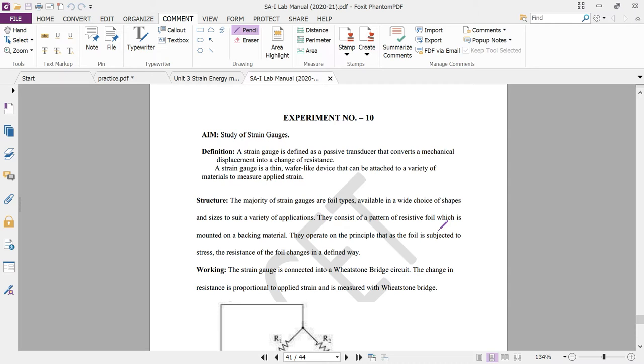I have taken this experiment before experiment number 3 as a sequence, because in many of your practicals you are going to come across various apparatus and important parts of the apparatus, that is strain gauges and dial gauges. So the knowledge of strain gauges and various mechanical devices you must understand before applying for your practicals. That's why I have considered experiment number 10, your last experiment.